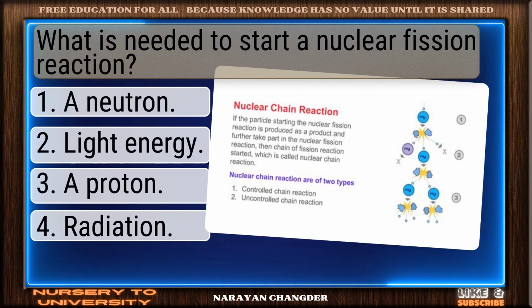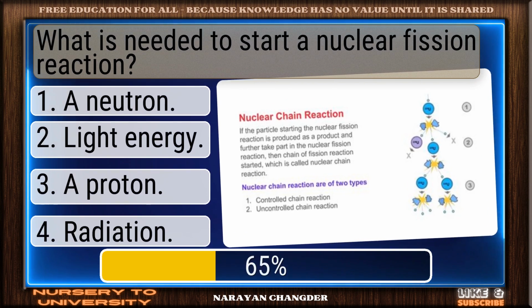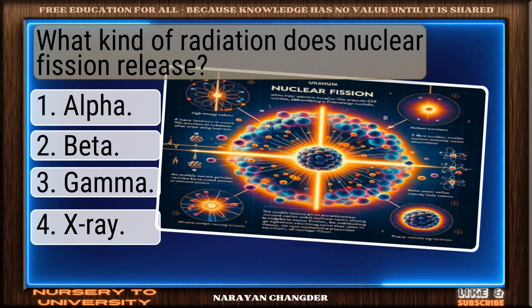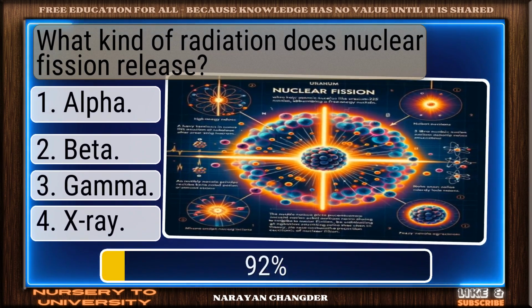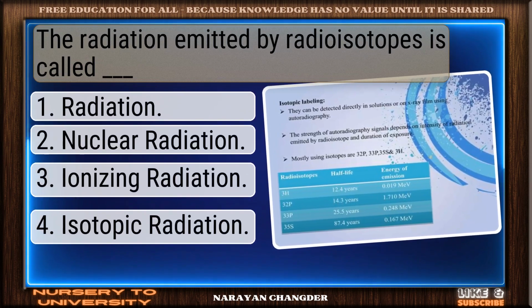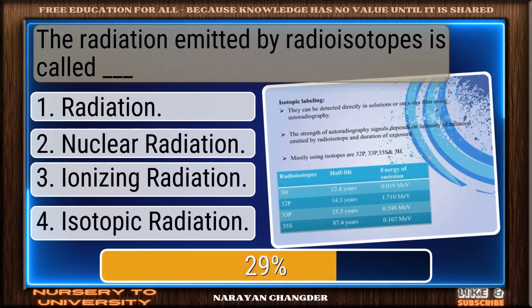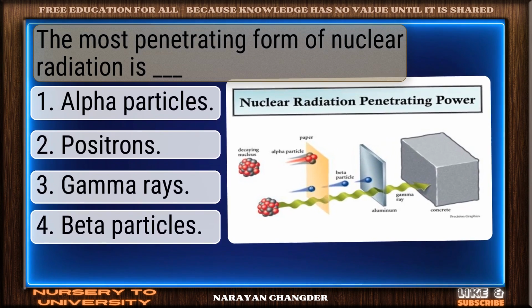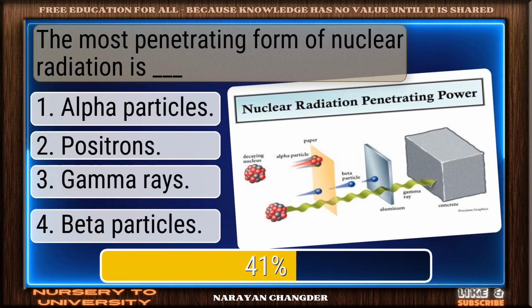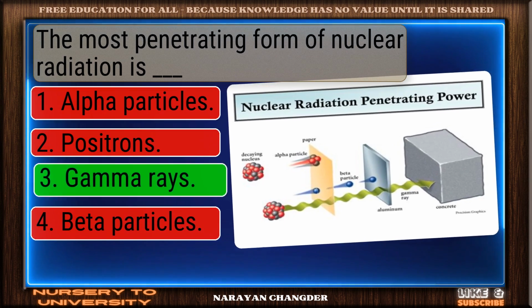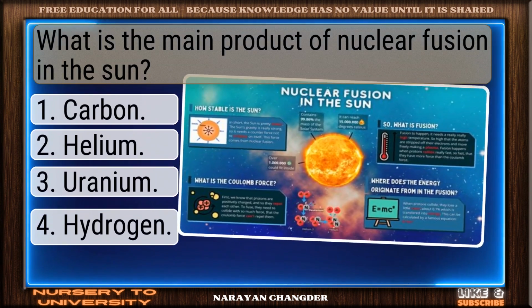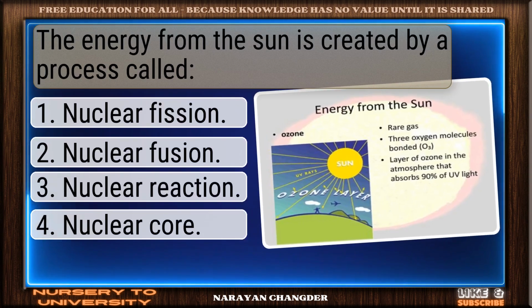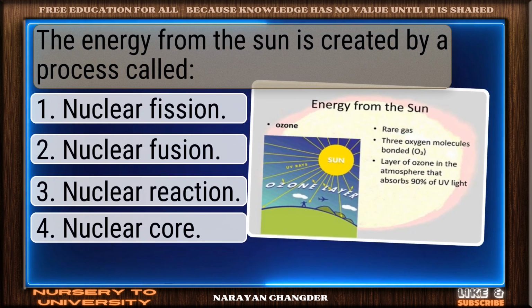What is needed to start a nuclear fission reaction? A neutron. What kind of radiation does nuclear fission release? Gamma. The radiation emitted by radioisotopes is called dash. Ionizing radiation. The most penetrating form of nuclear radiation is dash. Gamma rays. What is the main product of nuclear fusion in the sun? Helium. The energy from the sun is created by a process called